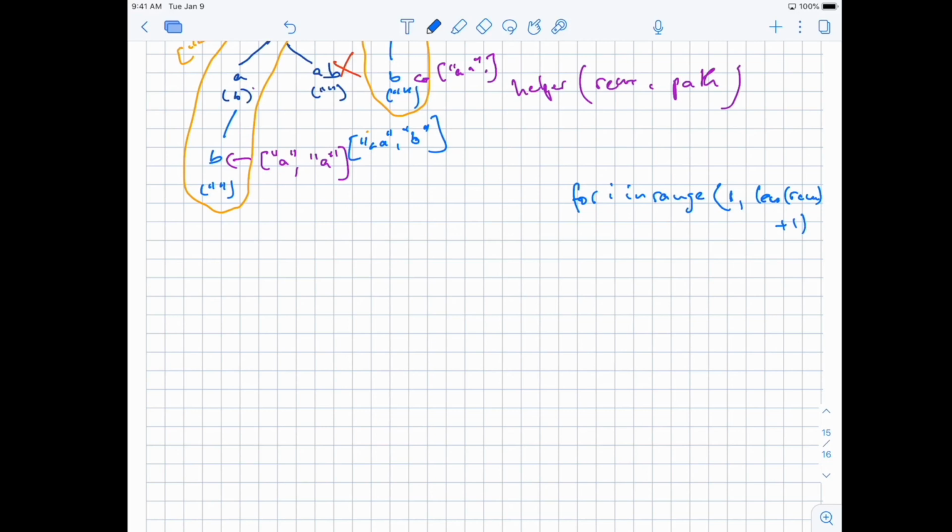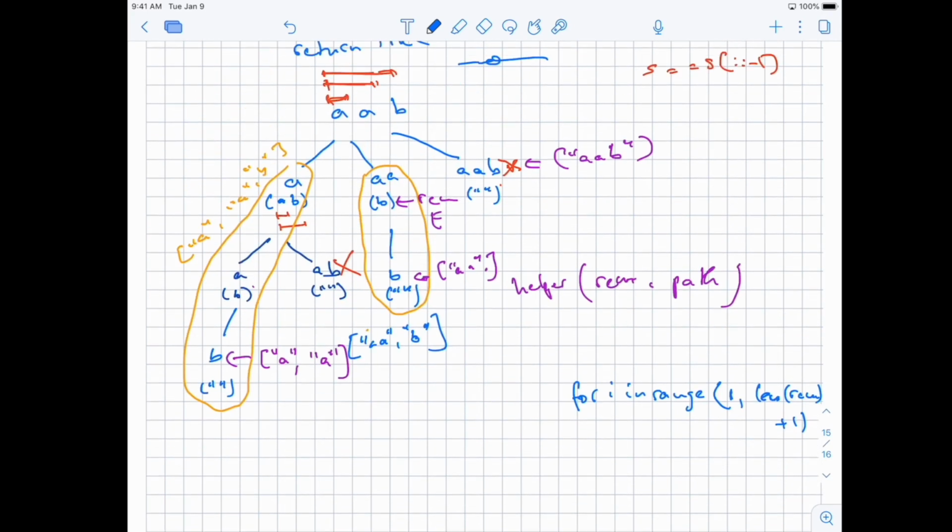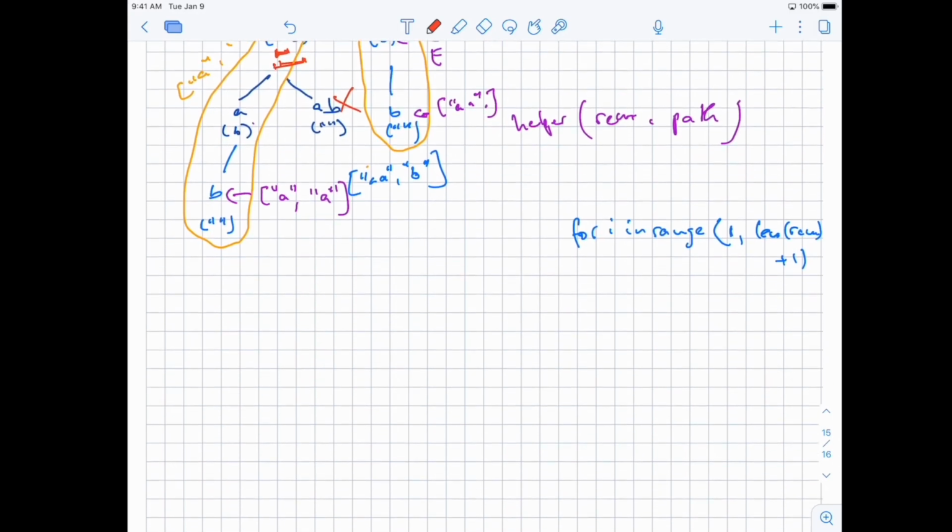Okay, the remaining portion of the string, right? Each time we do it just on the remaining. So this was the initial remaining, but here we do it on just the remaining, which is AB, right? And that's the main idea. And so here for each one of them, we just call the helper function. But what should be the new remaining part that we send? Well, for the remaining part,